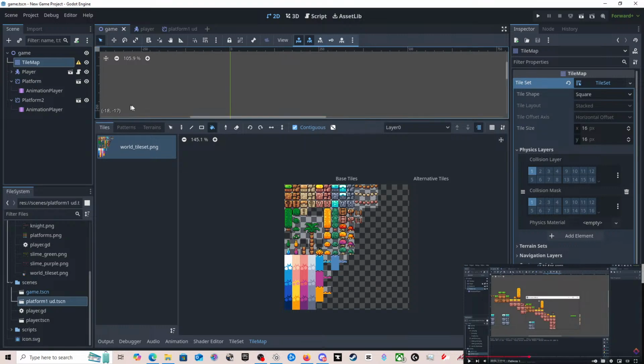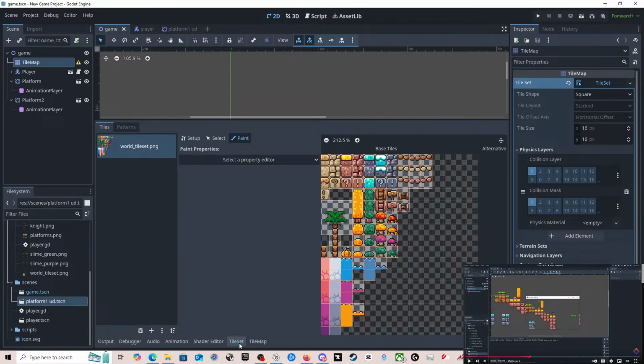We need to change the collision thing on here, and I can't remember. Was it in this one? It was in this one, wasn't it? Pretty sure it was. Oh, wait, hold on.